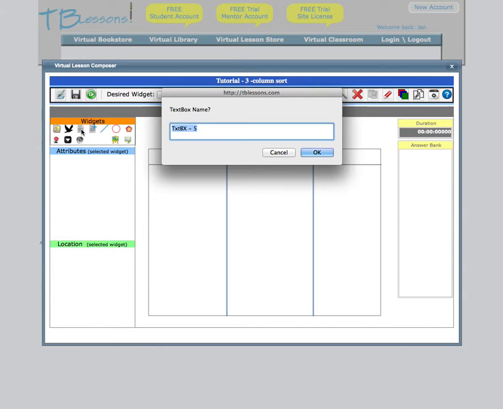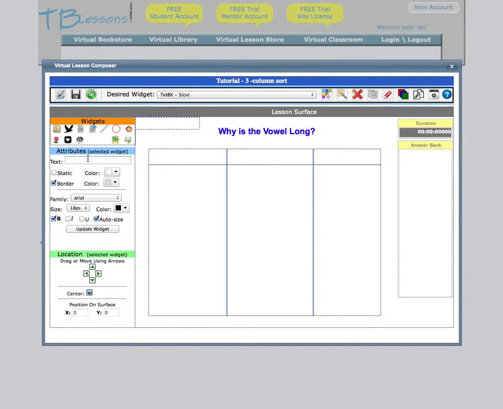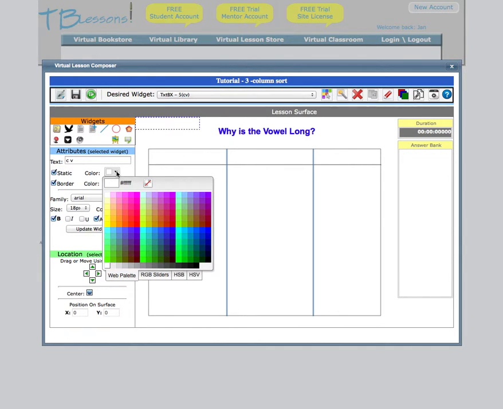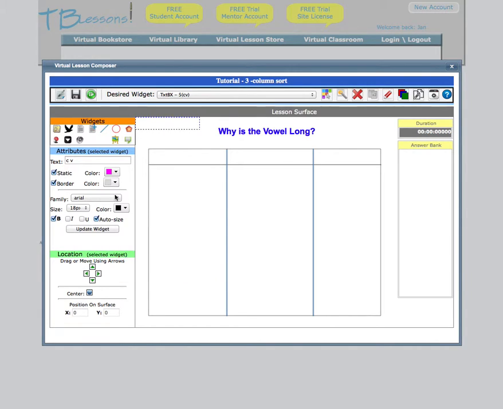And this will be if you have a consonant and then a vowel at the end of the syllable or at the end of the word. So again, we're going to go C space V. We're going to say static. And we have a blue, we have a yellow. So let's have a pink. And let's choose this pink. And all the preferences did come over. So now we have our